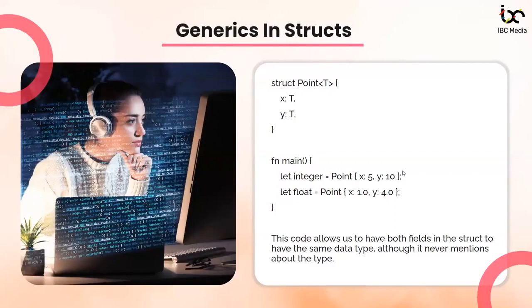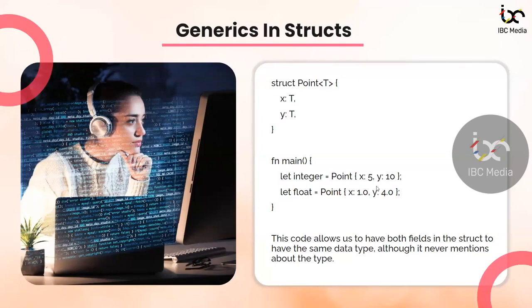Now, this is another implementation while we work with structs, because you can actually use a struct which takes the data type T. So each of its variables can be given the same data type. Now the use case is, as you can see in fn main, I have created let integer equal to Point with x 5 and y 10. If you look closely, you can see that x and y are both of the same